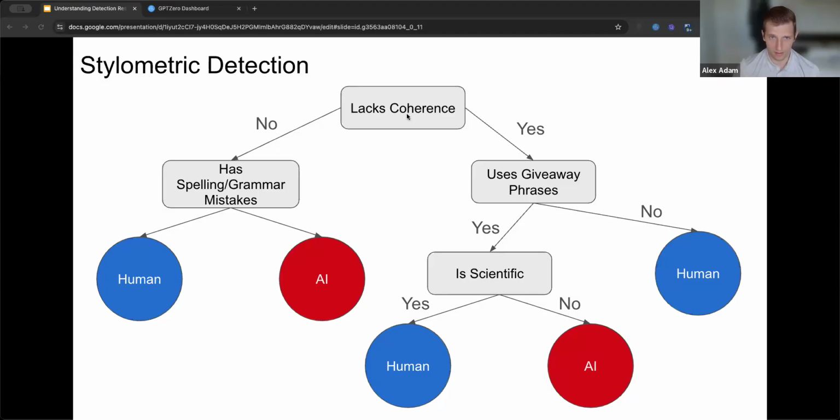So this is a toy example, but according to this model, if the text is coherent, but has spelling and grammar mistakes, chances are that it's human since AI tends to write without such mistakes. And then similarly, if the text is incoherent and doesn't use giveaway phrases, ones we're very familiar with, like delve or in conclusion, then it might also be human.